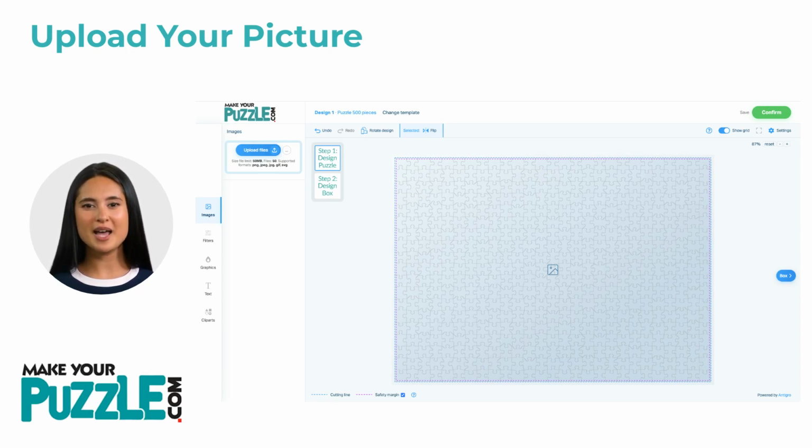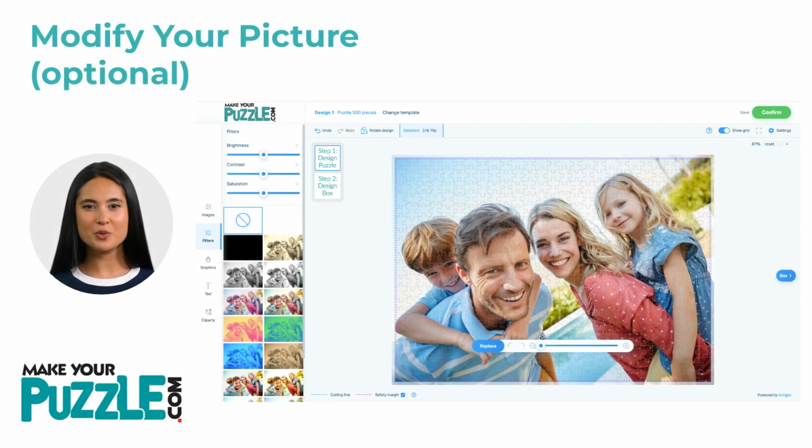The picture automatically will snap into place, and our puzzle maker always centers the image first, but you can position the image as you'd like. Once you positioned your picture, you can modify it if you'd like to. There are multiple image filters available, and you also can adjust the brightness, contrast, and saturation of your image separately. This is all optional, so feel free to skip this step if you're happy with your image the way it